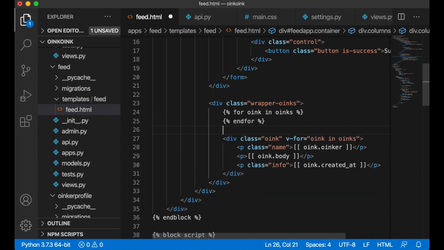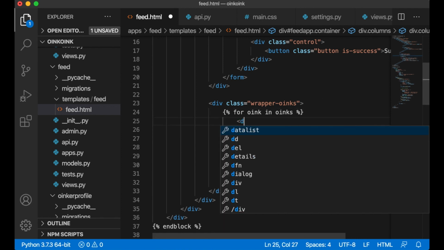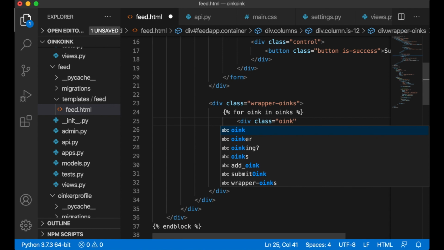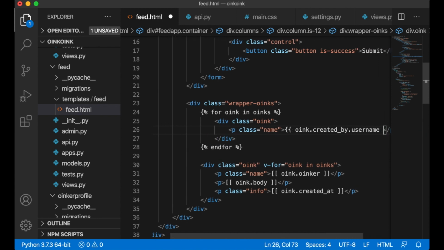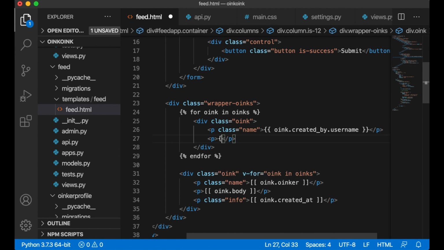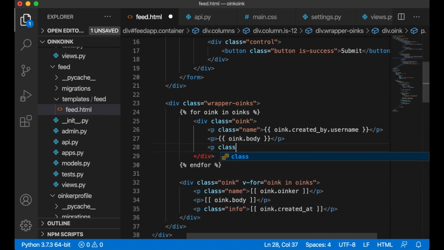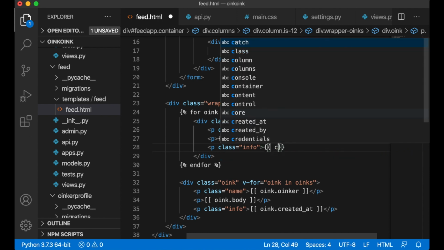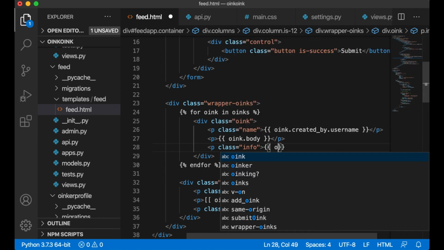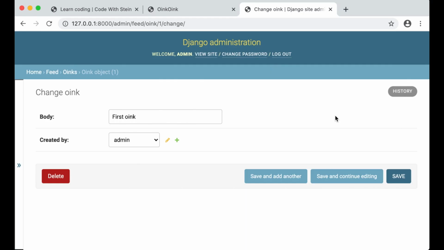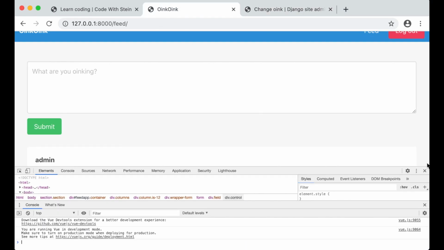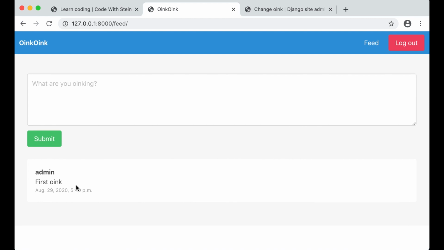And just to close this before I do anything more, div class oink, p class name, oink.created_by.username, and paragraph oink.body, p class info, created at, oink.created_at, and close this and save. So if I go back to the browser now, refresh, we will see the oink I created a couple of